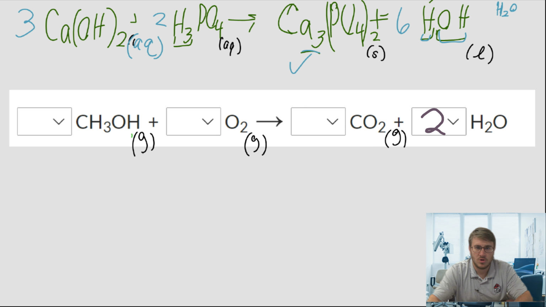Because the next things we work on are the CHO, let's go, is C's. 1 C, 1 C. And then we look at the O's. If there's a 1 here and 2 O's and a 2, that's 4 O's total. I've got 2 and a 1. There's not going to be an easy way to make that work, except to make this number of O's an even number. So make it a 2, which makes 2 C's, which makes 2 there,